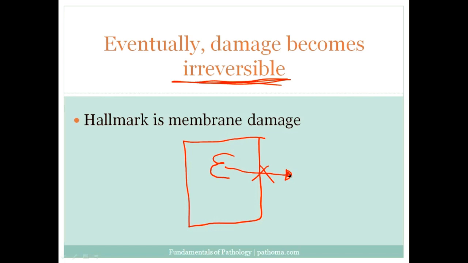Now, when you test for cardiac enzymes like troponin, what are you really asking? What's the question that you're trying to answer by testing for those enzymes? You're asking, was there irreversible damage? Because myocardial infarction means that you have irreversibly killed off the myocytes. And so you're asking the question, have the cardiac enzymes gone from the cell into the blood? And if they have gone from the cell into the blood, for example, troponin, then you would say, aha, there is myocardial infarction, and myocardial infarction is basically irreversible damage.